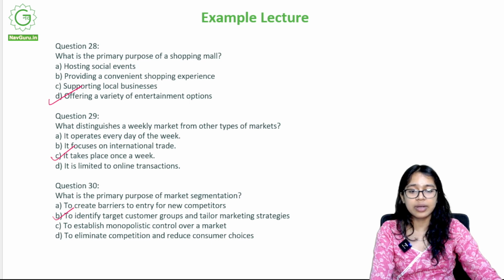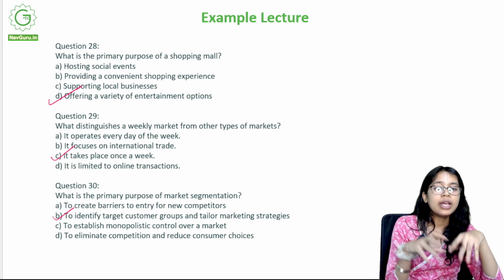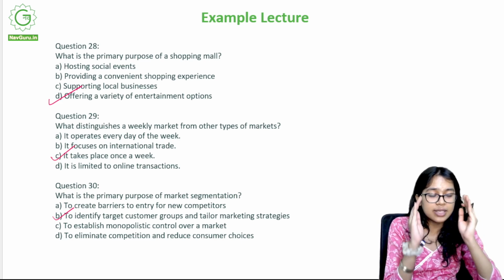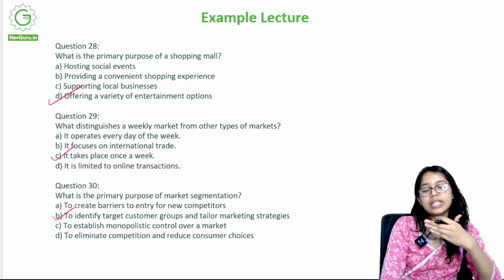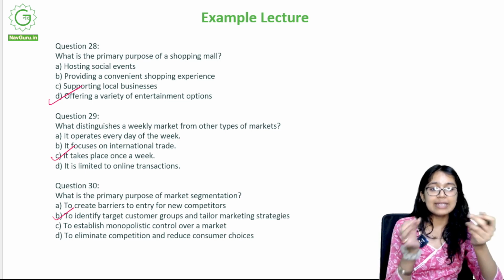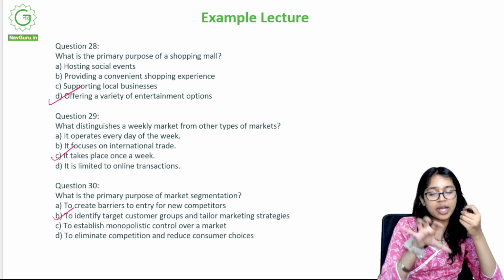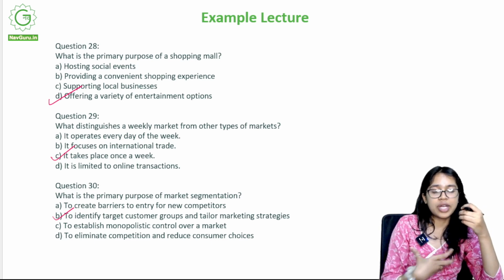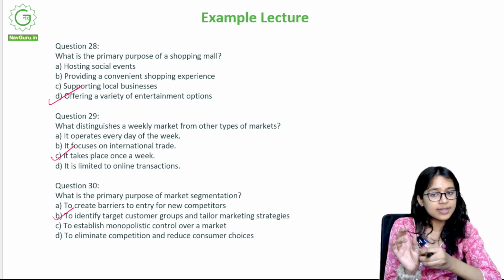So dividing markets, how does it help? It lets you know that this is the kind of market that I'm operating in, and this is the kind of audience, or sorry, customers that we're targeting. These are our consumers, and hence we shall go ahead with tailoring to only their needs. And accordingly, if this is our target customer group, we will devise strategies and methods through which we can target this group, and they only come to us, and they know which firm to go to to take their services.